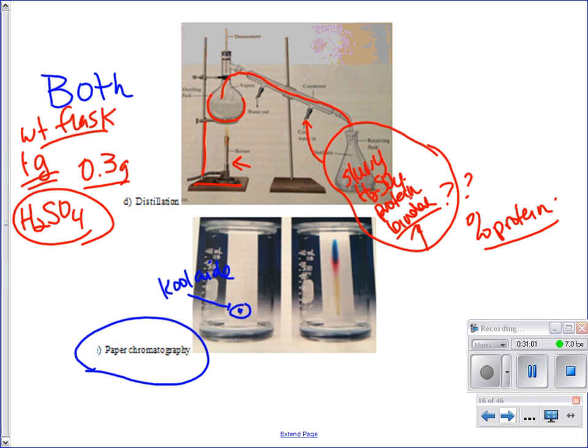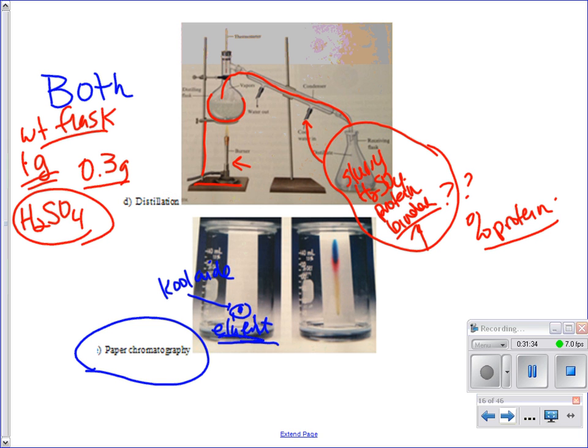Okay? What makes this work is something called an eluent. The eluent is a substance that comes up. You have to choose an eluent that little dot will dissolve in, meaning it's attracted to it. Because as the eluent naturally is absorbed up the paper, if the dot is not attracted to it or dissolves in it, the dot won't move. The eluent will just go around it.